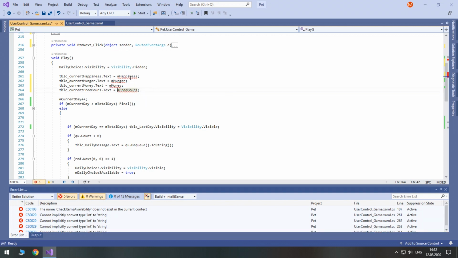Now, it shows an error because previously we used string concatenation. So when you use string and plus, it automatically calls the toString on all other values. But when you have only non-string values, you have to explicitly convert them by using toString method. So let's add it to all of our variables here.